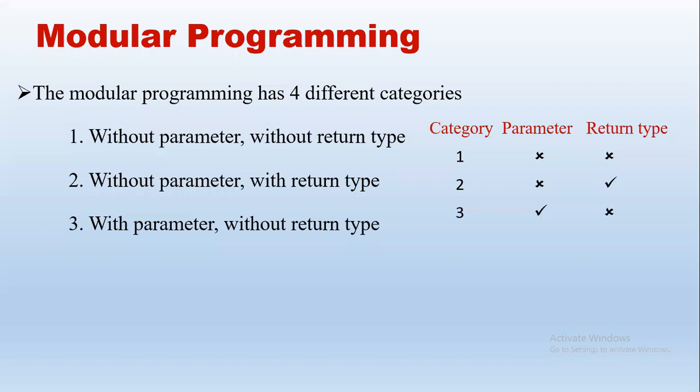The fourth type is with parameter with return type. Parameters are also given, say add 3 and 4. The function will add it, 3 plus 4 is 7, and the function gives back the answer to main. With return type means the answer is given back to main. Like he says, okay ma'am, I have added this, 3 plus 4 is 7. Yes, I have solved and the answer is 7. So there is a return type. Is this clear? The four types?